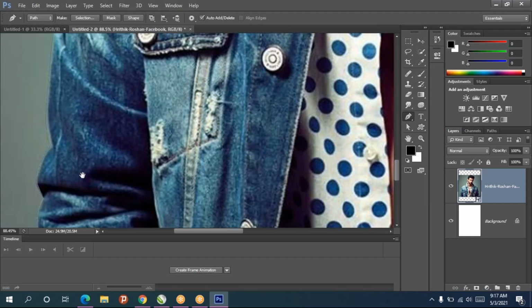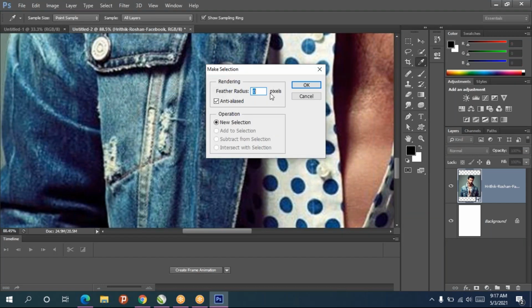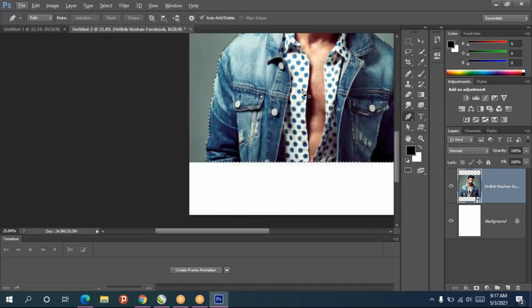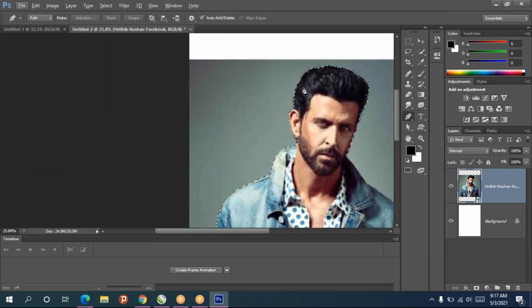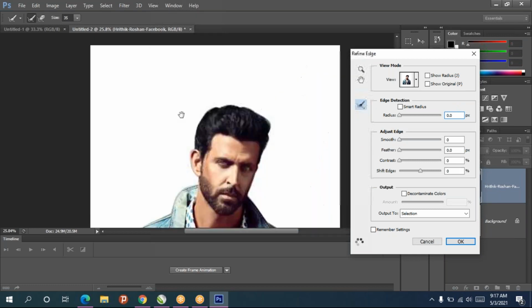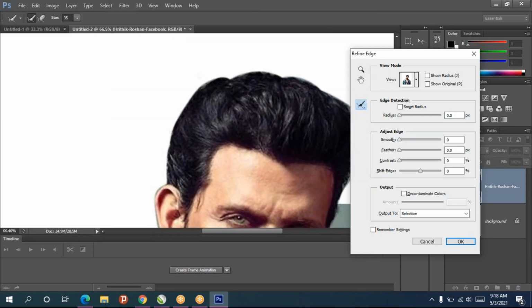Then close the line. Right click, make selection. Give feather around 2. Then press Ctrl Alt R, refine edge. Then enable smart radius. You can increase the value a little bit.